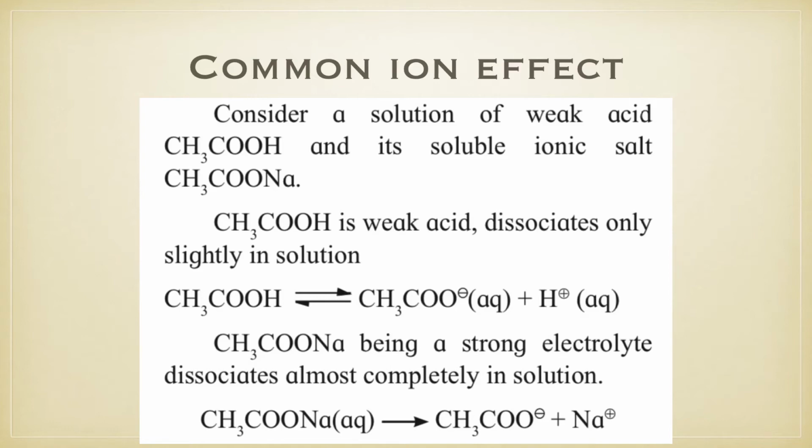So what is observed over here, and why is it happening? Because of the common ion effect. What does the common ion do? The common ion suppresses the ionization of a weak electrolyte. Over here it is NH4OH in the second example. In the first example it was CH3COOH. That is called the common ion effect.